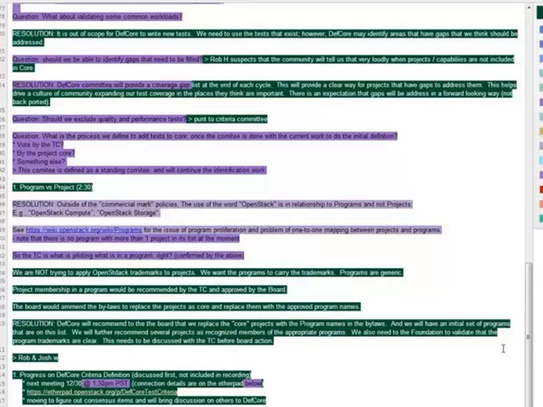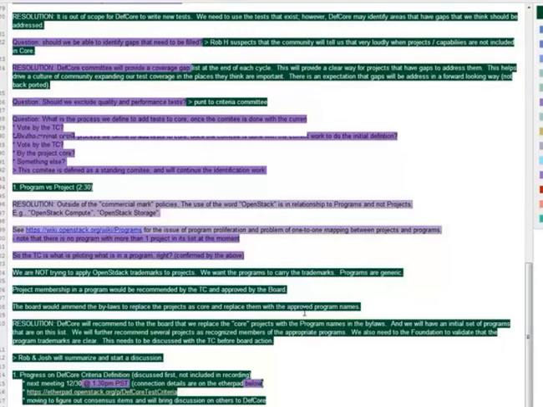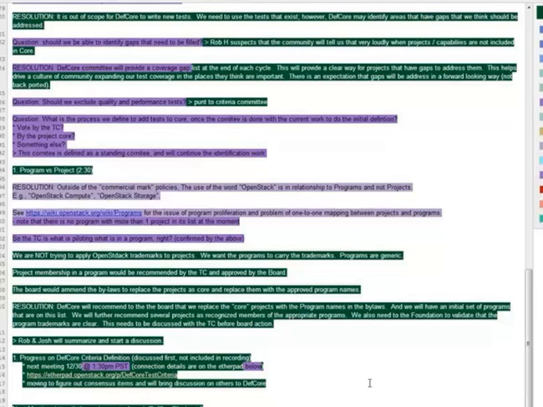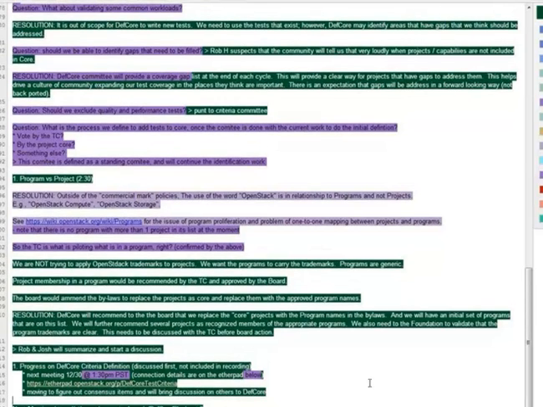So just to be clear, we're going to take the names out of the bylaws. We're not going to substitute new ones in, right? Or is that the intention? We will put program names in the bylaws and take the project names out. So the suggestion on the table is not resolved yet, is to take those actions. No, I would recommend we take them out and leave it to the discretion of the board, which can then delegate it to the technical committee to decide what programs are part of core.